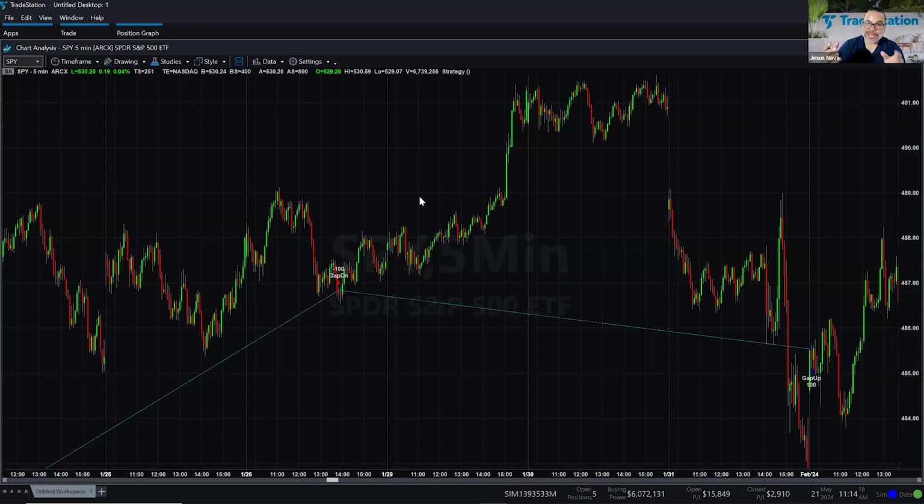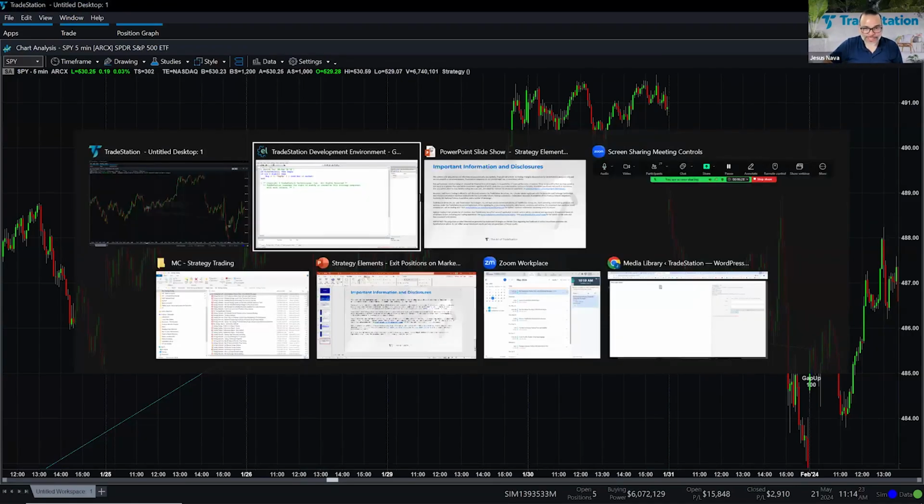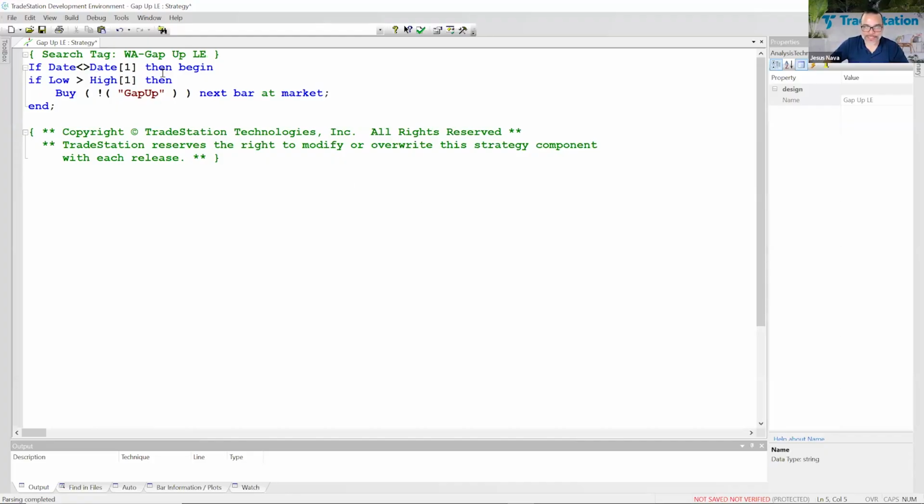So if you want your strategy conditions to only be evaluated on that very first bar, then you can use syntax such as this: if the date does not equal the date 1 bar ago. Of course, this only applies to stocks or any security that opens and closes in the same day. If you're trading futures, for example, futures is kind of the exception here because some futures trade overnight. And the bar where the date is not equal to the prior date happens at midnight and not necessarily at the